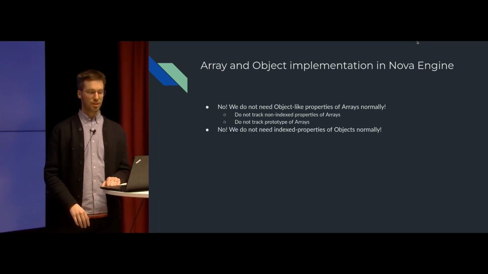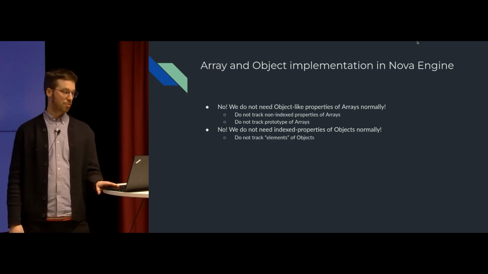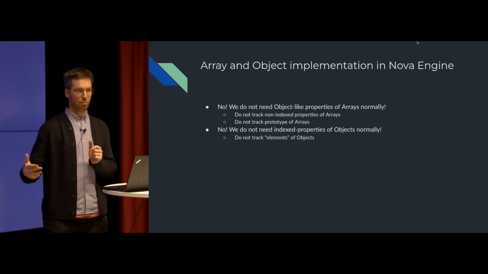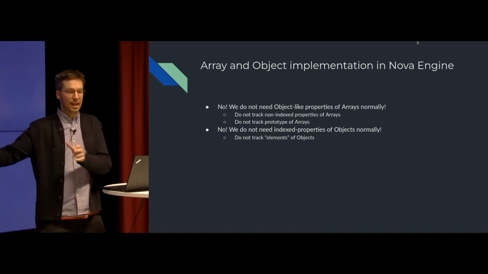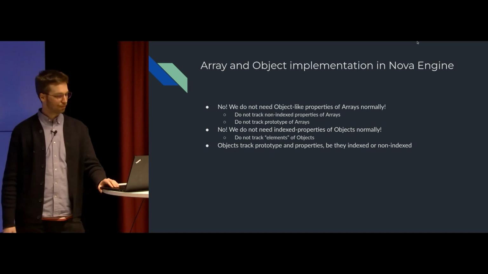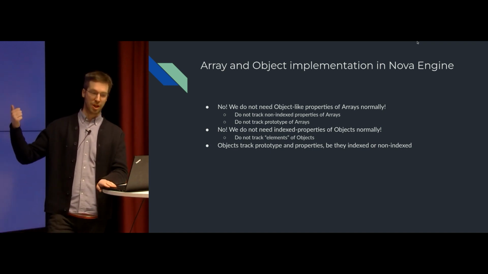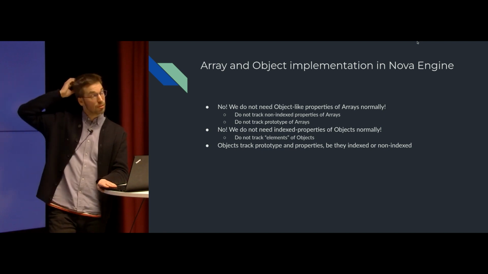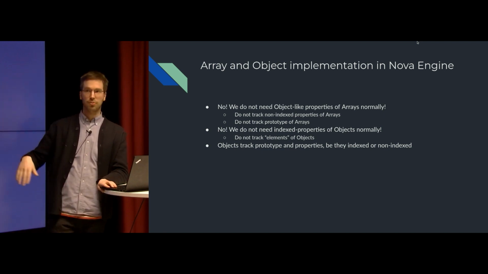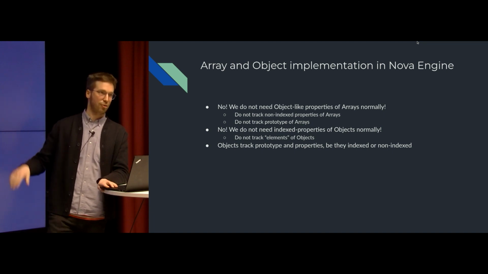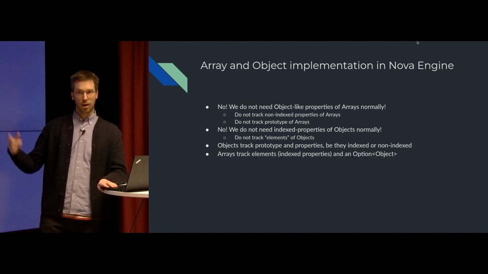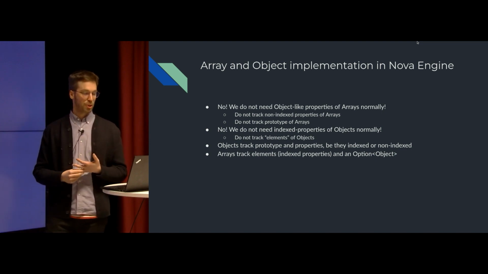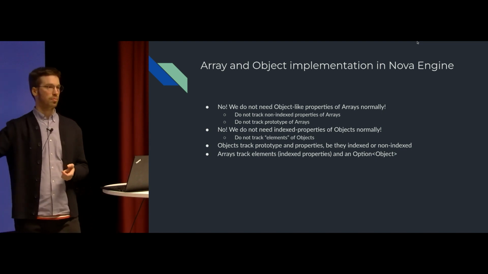And we don't need index properties in objects. So we don't track elements of an object, we don't track these indexes in an object. Objects track the prototype and their normal properties, be they indexed or non-indexed. Foo, bar, 0, 1, they're all tracked the same way. Arrays track elements, so those are 0, 1, 2, 3, 4 index properties, and then they have an option to